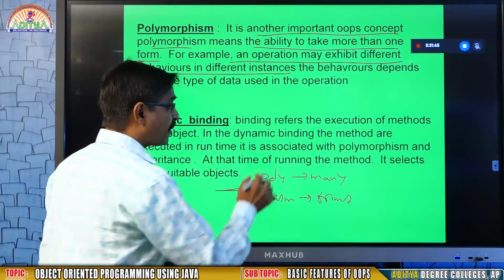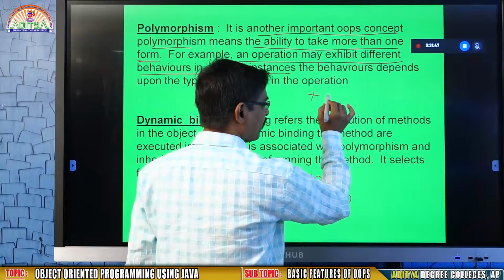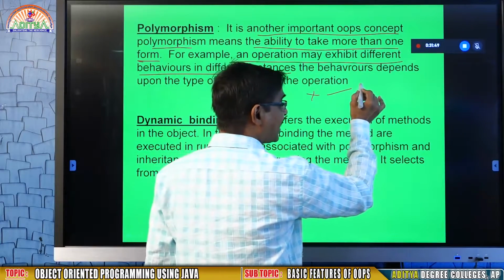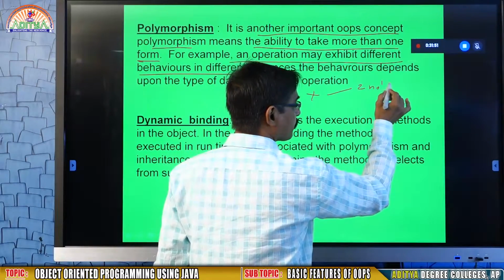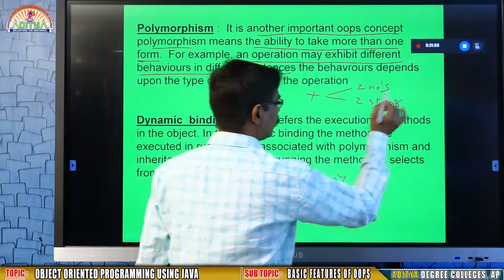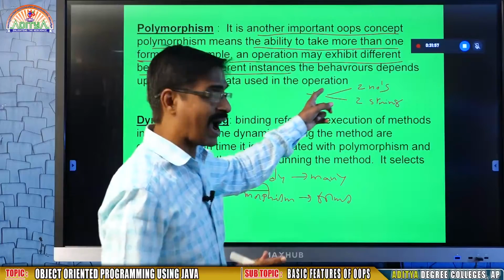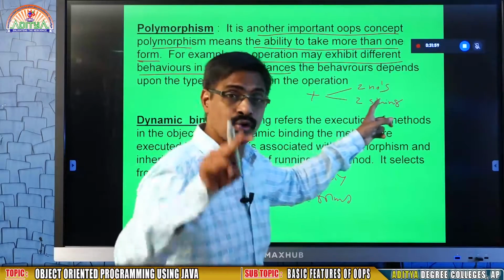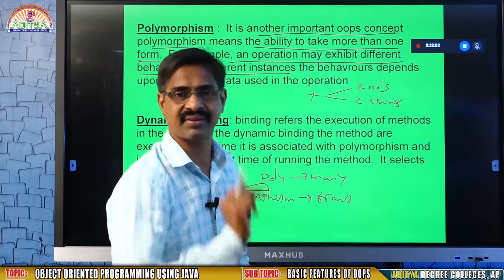For example, plus is a symbol. We use plus to add 2 numbers, to add 2 strings, to add 2 characters.